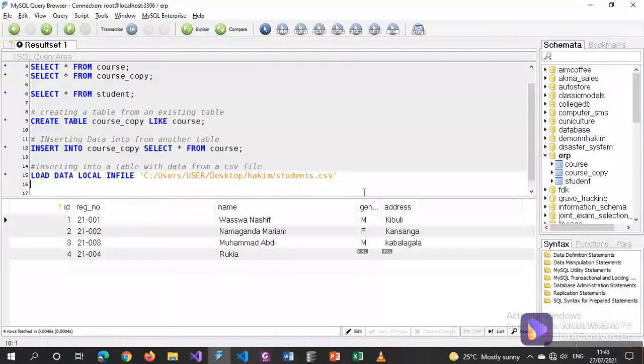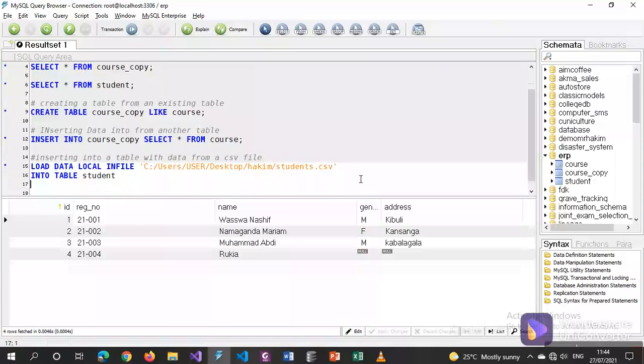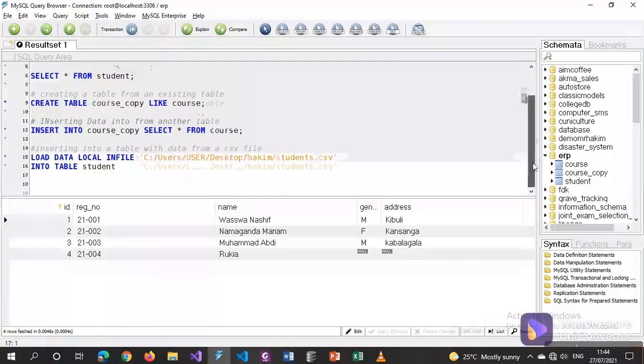And then you have to specify the table in which you're inserting. So we say into table and then the name of the table. So our name of the table is student. The table name is student. And then the next line we say fields